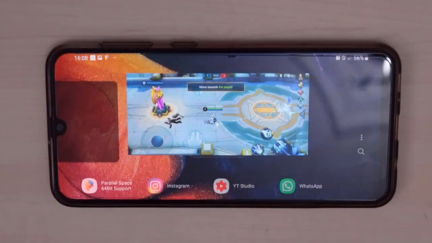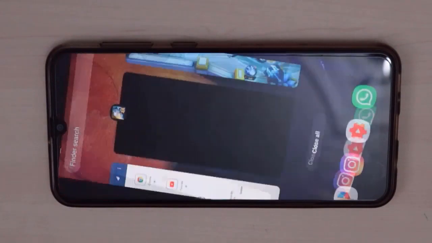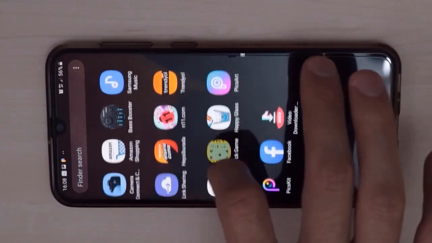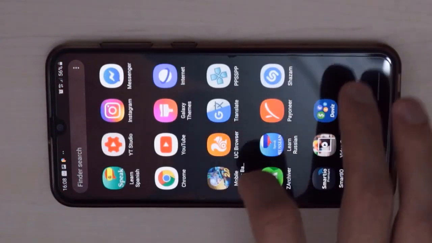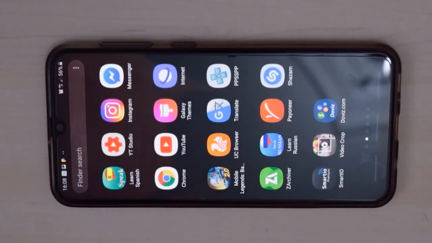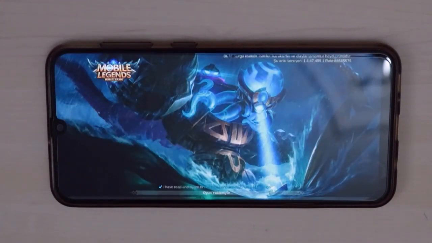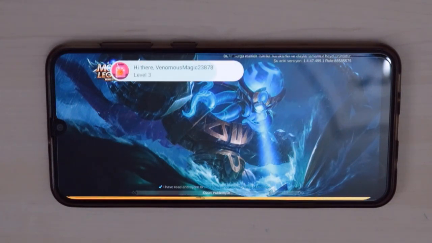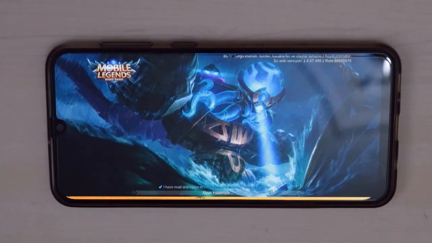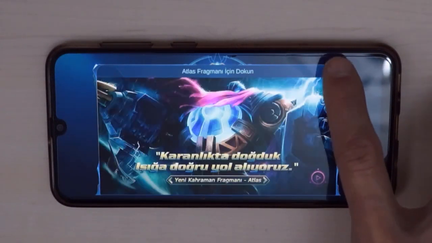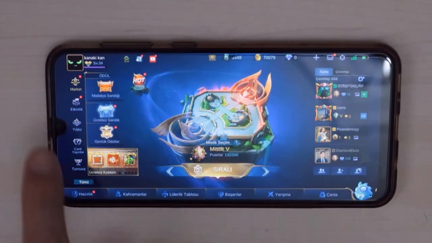So time to go back to check our other account, the other game here on our Android device, and let me open that game also here on this menu. Where is that? Yeah, this is Mobile Legends Bang Bang. I'm going to open this here on my Android device. And yes, we're going to close the advertisement here on the game, and as you can see this is my main account,